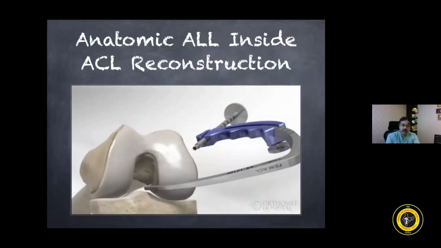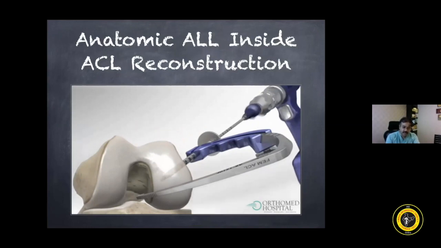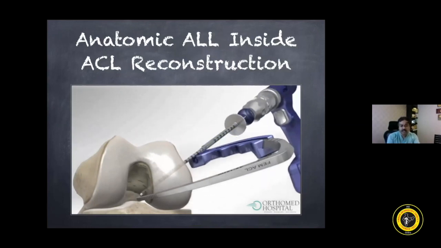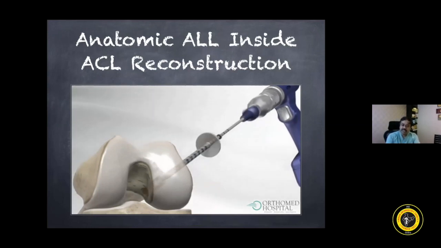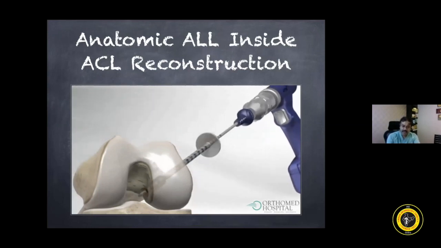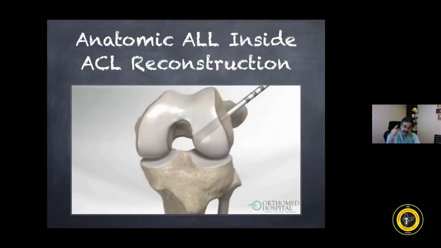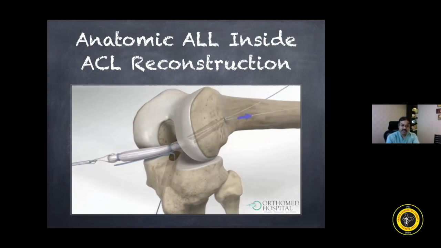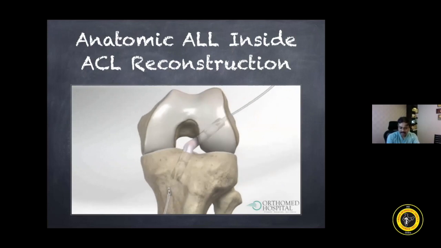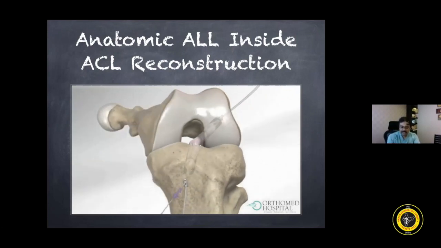So this is a small animation video developed by Arthrex. You can see the jig is passed from the anterolateral aspect. The visualization is from the anteromedial portal. You can see very clearly the tunnels, and the guide wire is passed. Then the key is a flip cutter, which works as a guide wire as well as the reamer, and it is making tunnels on the femoral as well as the tibial side. Then we pass the sutures on both ends. Now we pass the TightRope, which is attached to the ACL graft on both ends, and it is fixed on the femoral as well as the tibial side with the help of the TightRope buttons.